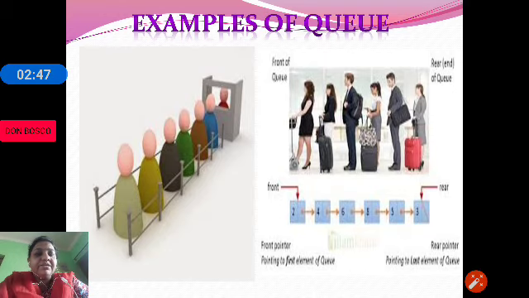If you want to add the element 10, it will be added after 3. And if an element has to be deleted, the element deleted will be 2, that is the element at the front end. So the elements are added at the end called the rear end, and the elements are deleted from the end called the front end.